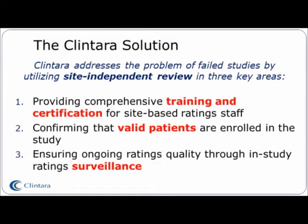Point two, we confirm that valid patients are in the study. If you have invalid patients in the study, that's also going to negatively affect the study. And lastly, we provide surveillance. What is surveillance? Surveillance we also call diligence, which is to say once you've been trained and certified and you're